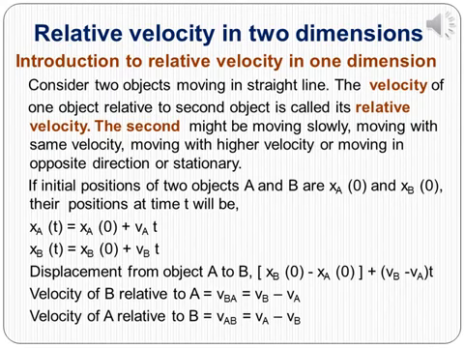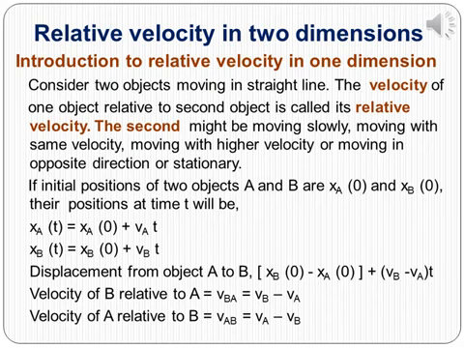Consider two objects moving in a straight line. The velocity of one object relative to the second object is called its relative velocity. The second object might be moving slowly, moving with the same velocity, moving with a higher velocity, moving in the opposite direction, or stationary. Whatever the state might be, if the initial positions of two objects A and B are xa0 and